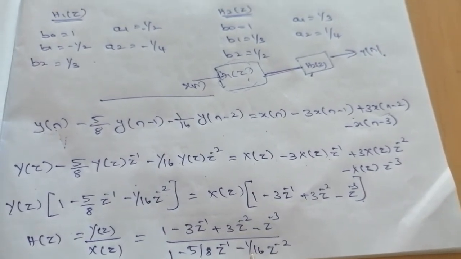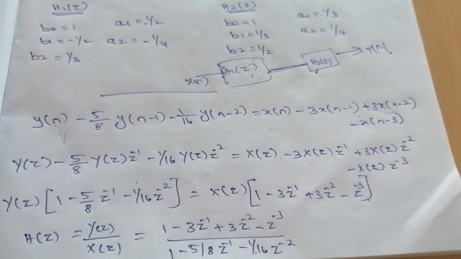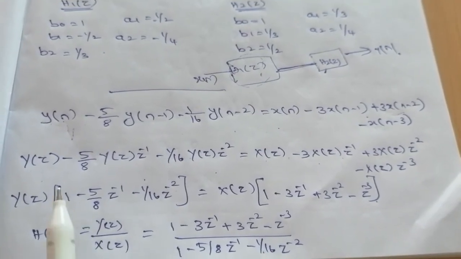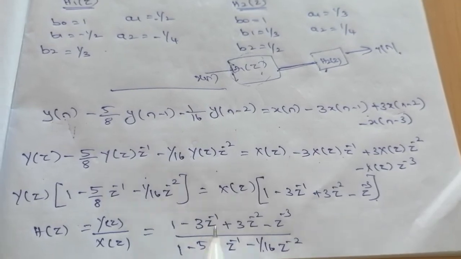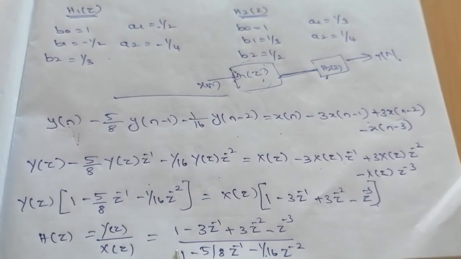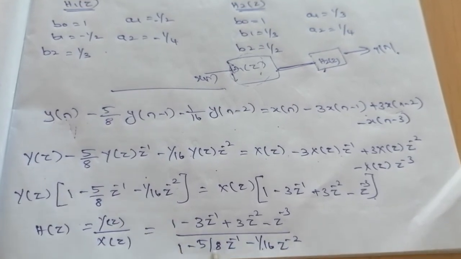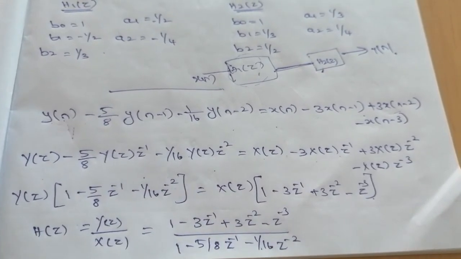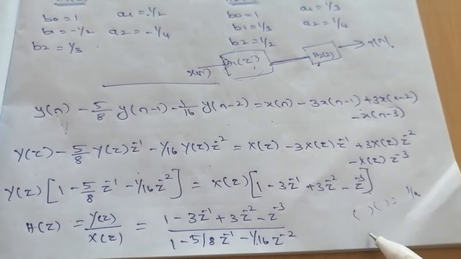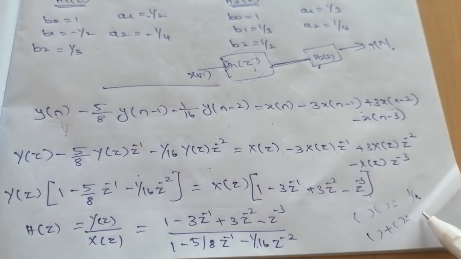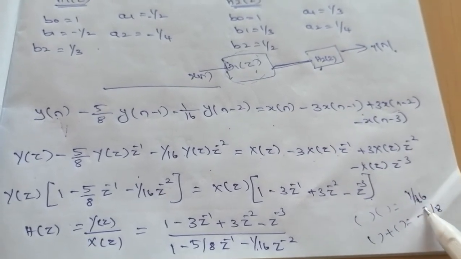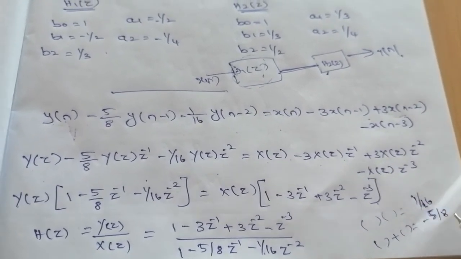So we know the general structures of direct form 1, 2, cascade form and parallel form. So simply draw the diagram and directly substitute these values for direct form 1 and 2. But in the case of cascade, you have to separate this denominator into two factors. For that, we look for two values whose product is 1 by 16 and whose sum gives the minus 5 by 8. So 1 by 16, this is 5 by 8. Okay.